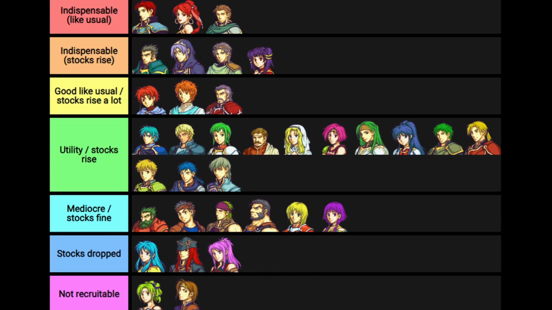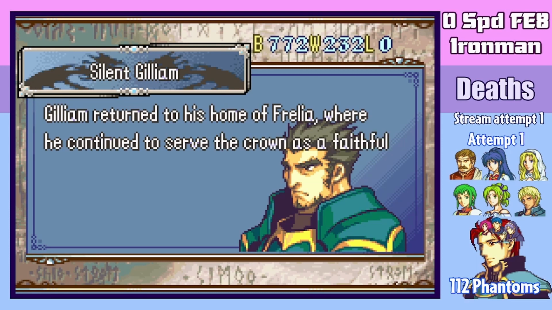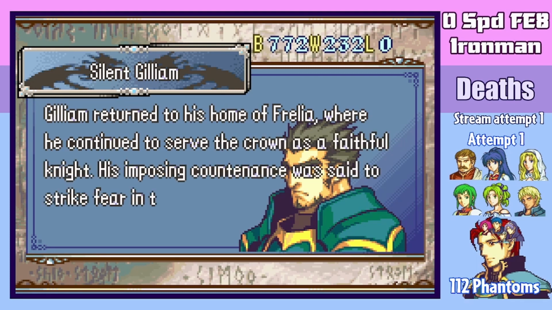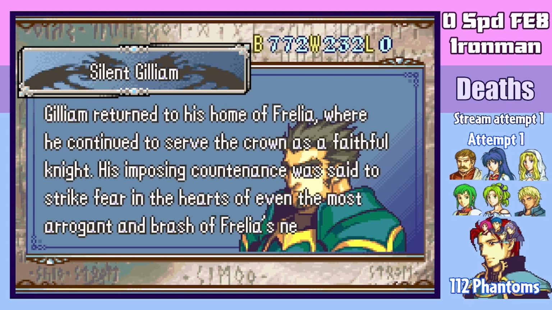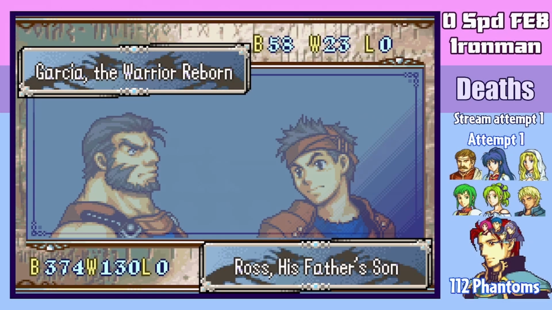In terms of how this alteration affected unit performance, here is the tier list that I made at the end of the final stream based on this specific run. The value of tanks, especially defense tanks with high HP, increased by a lot, such as Gilliam or Dusel. It helps that they also happen to have not awful res, which is important in this context where mages double everyone. To a lesser extent, this was also true of purely HP tanks such as Garcia and Ross,